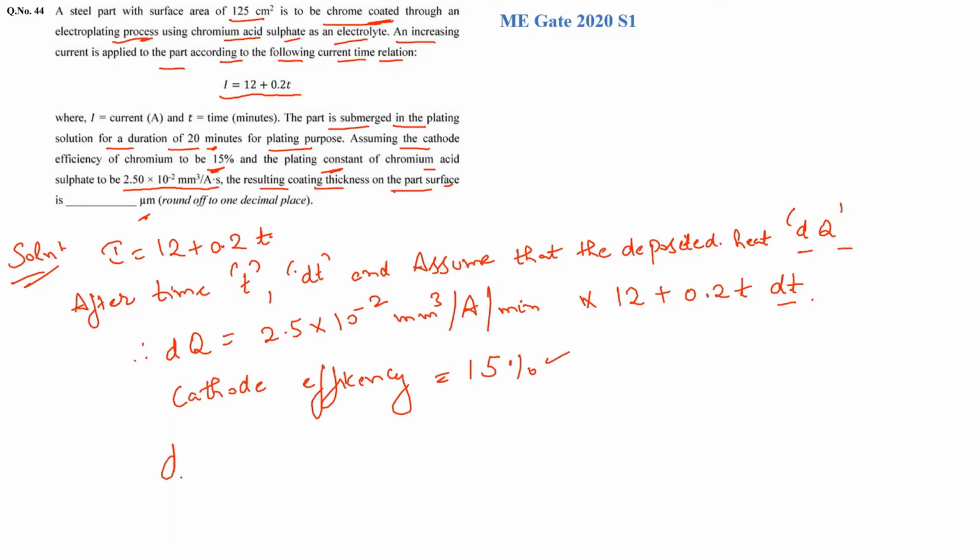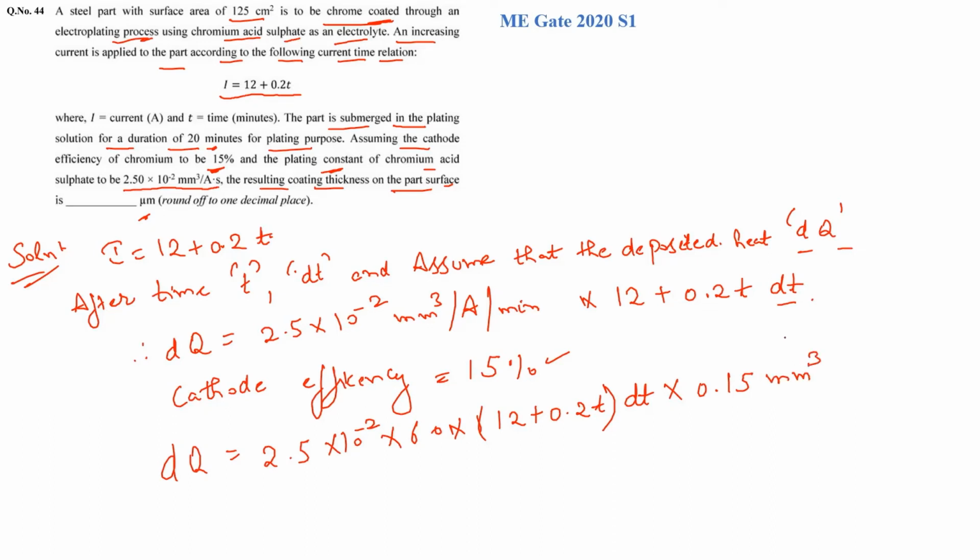Therefore dq would be 2.5 × 10^-2 × 60 × (12 + 0.2t) dt, multiplied by 0.15 mm³. Now we have to find out at the time t,